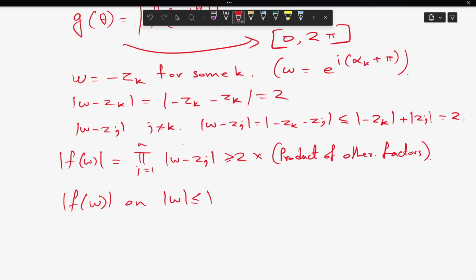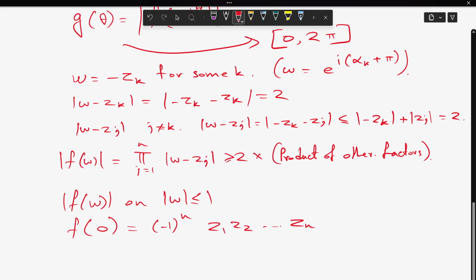Since f of 0 is minus 1 to the power n, z1 z2 up to zn, and modulus of f of 0 equals 1,